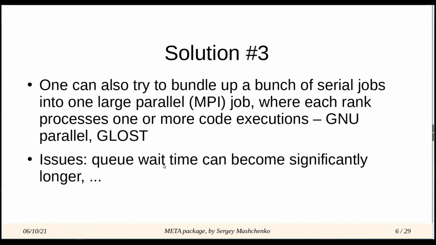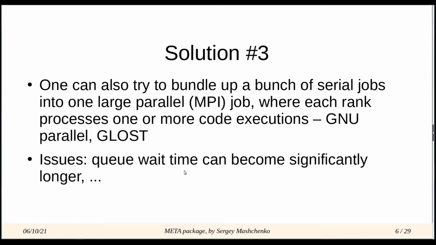The queue wait time can become sort of impractical. Just imagine if you want to run 1,000 independent computations, you can either submit 1,000 serial jobs, and some of these jobs will start running almost right away, others will be joining shortly, so your throughput will be fairly good. Imagine the same 1,000 jobs you want to submit as a single 1,000-way MPI job,